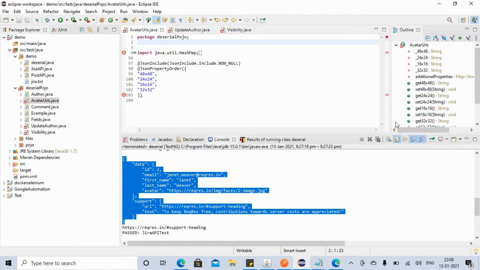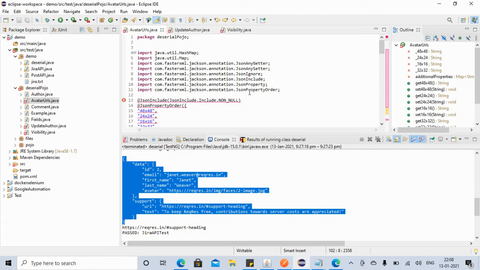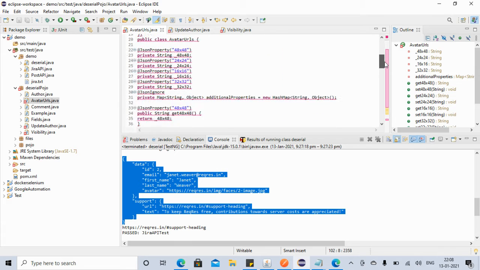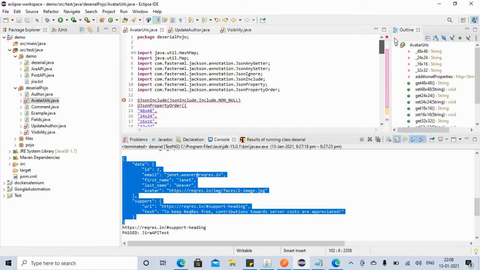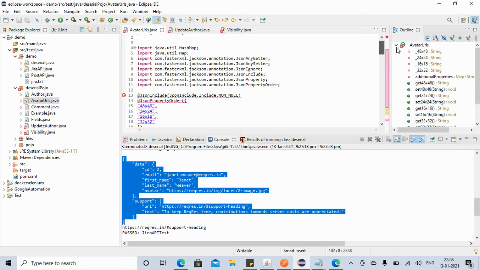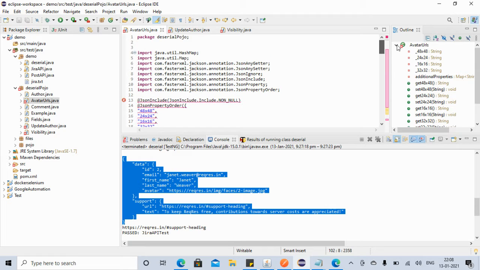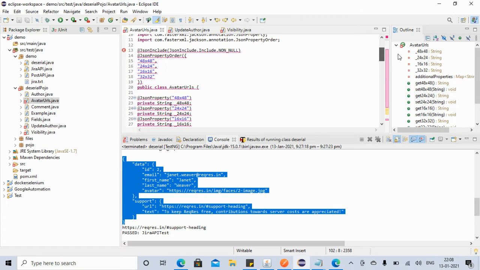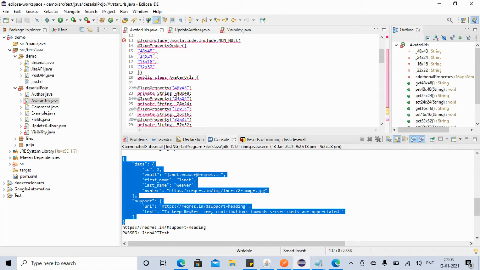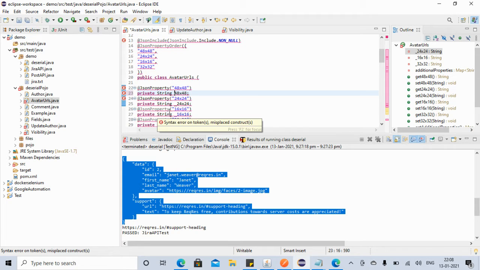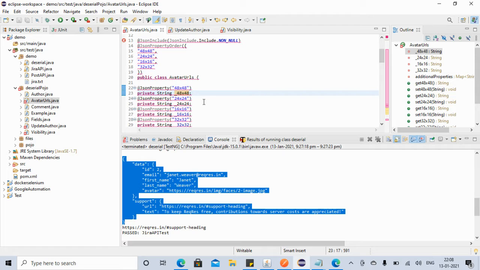If you go to avatar URLs, we just have it here. But somehow I think something is missing. Let's see what is missing. Avatar URLs. Okay. Here, if you see, this underscore is there. Maybe. Okay, we can see the avatar URLs later.